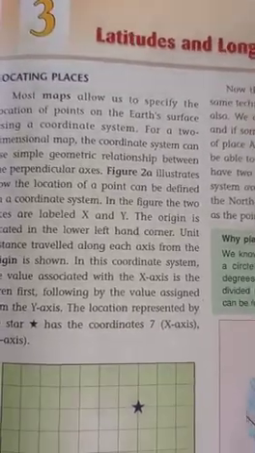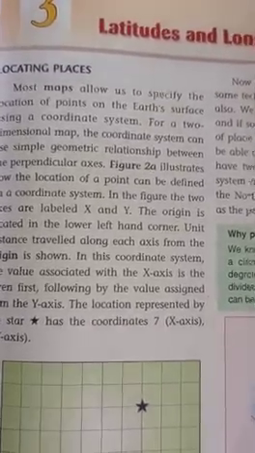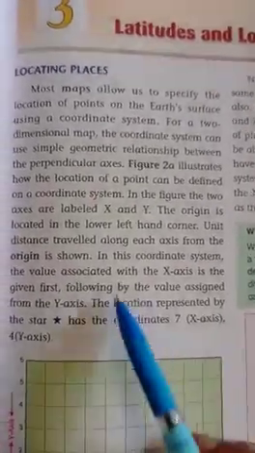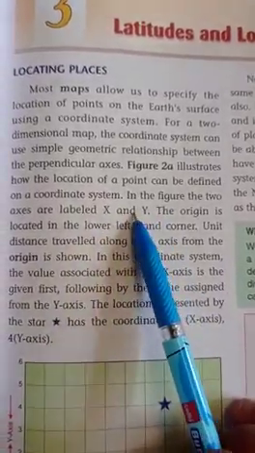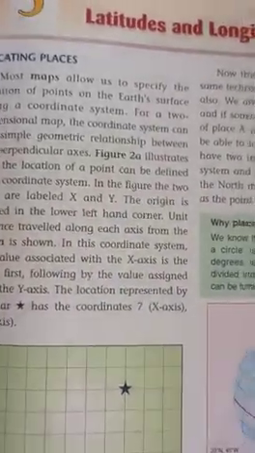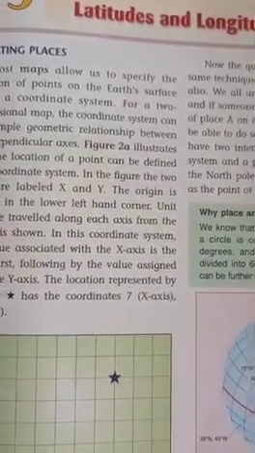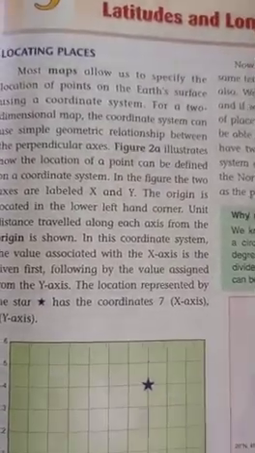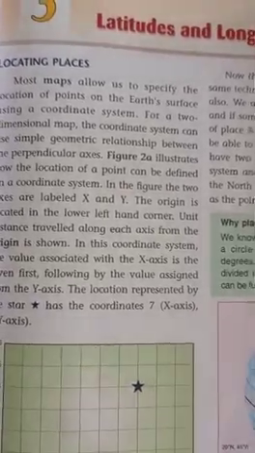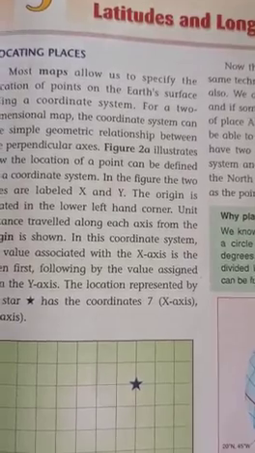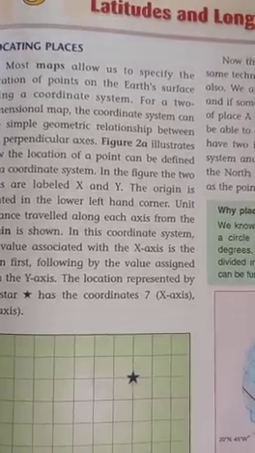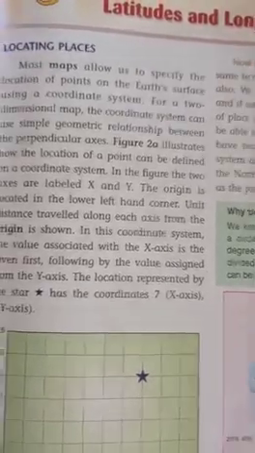To find the location and direction of a place, we need a certain point of reference and lines. That's why we use x and y axes. Axis means the imaginary line joining the two poles, and the earth rotates or spins upon an imaginary axis. Our earth rotates upon this imaginary axis, which is inclined at an angle of 23.5 degrees, and the two poles are situated at the ends of the axis.